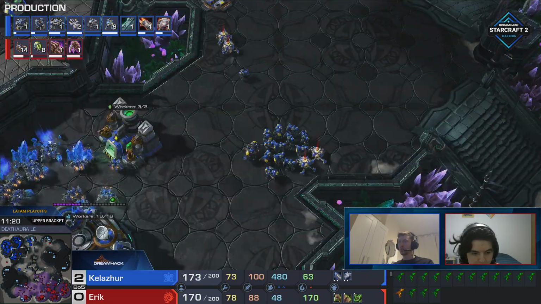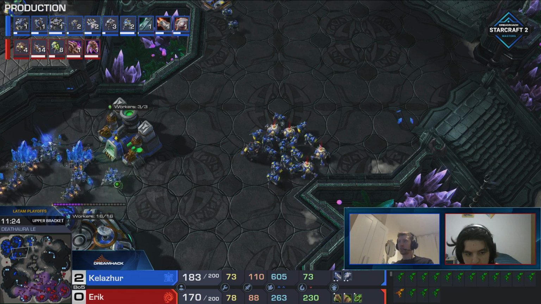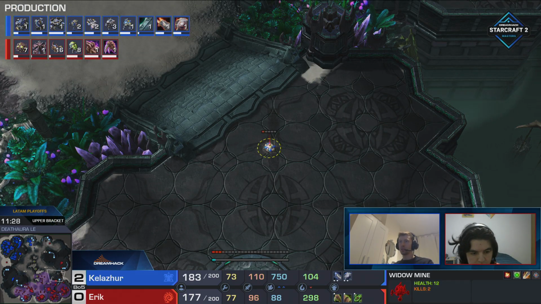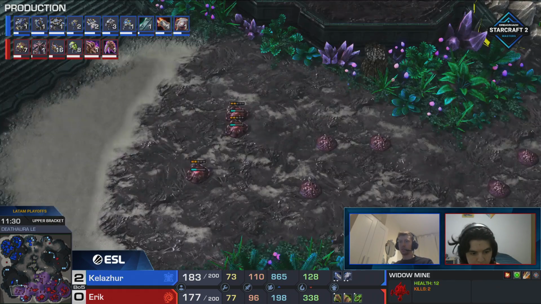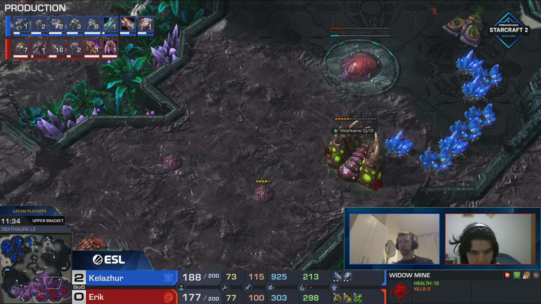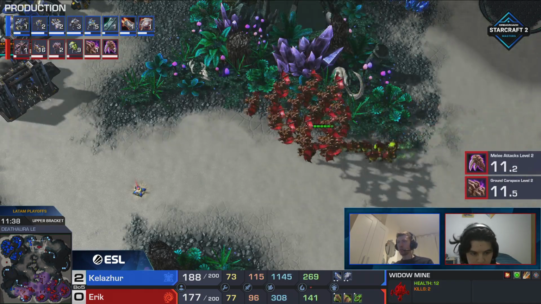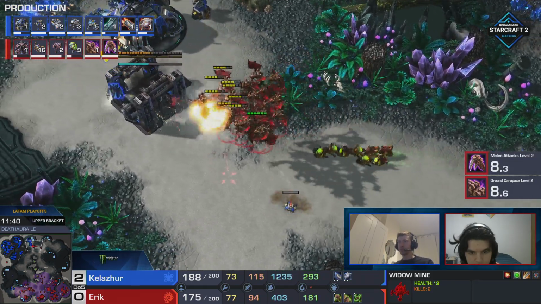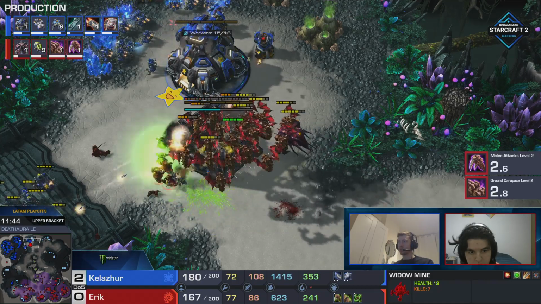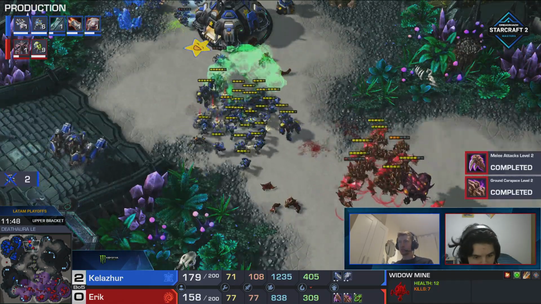Yeah, it's just a really rough spot for Erik because, I mean, we're looking at this creep spread, and it sounds weird to say this, like, his 5th base is kind of uncreeped here, which is really, really weird to say because that is so close to your natural. So Kelazhur has done a really good job of cleaning things up, and this run by connects with the Widowmine. That is quite a few Banelings, but the PF alone almost dealt with those Banelings,